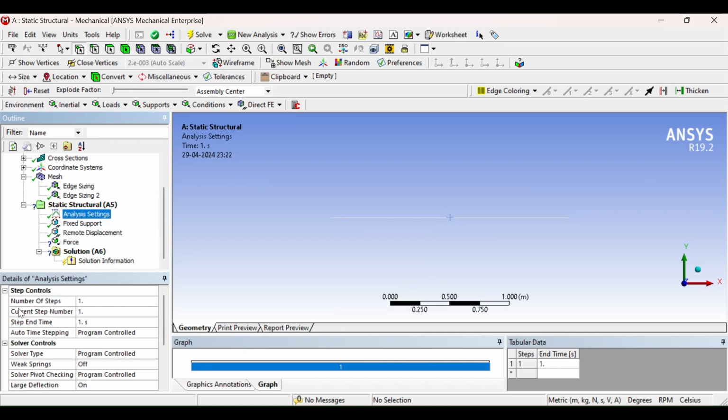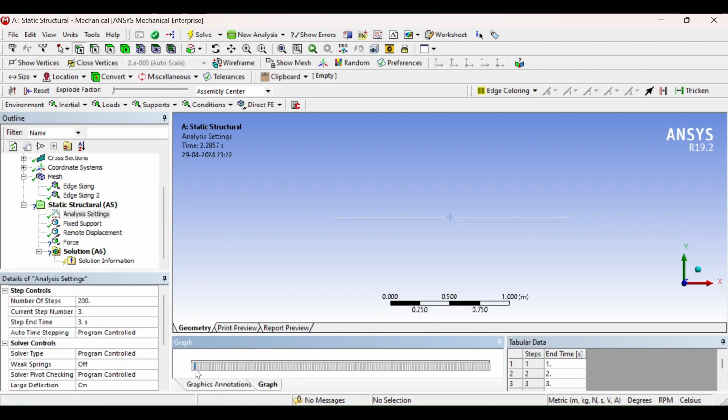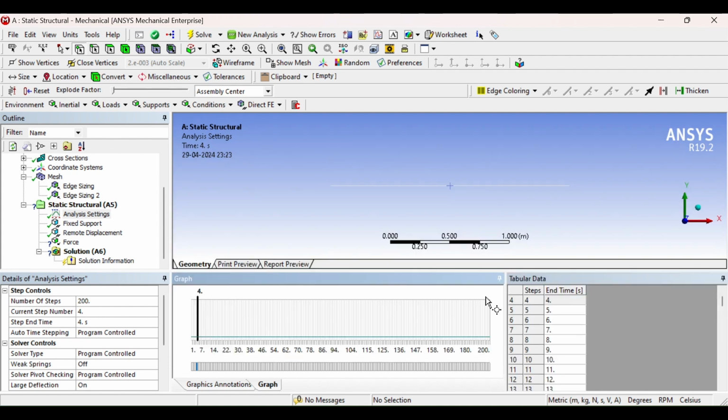So now in the analysis setting, here is number of steps. I'm going to use number of steps as 200. So 200 substeps here, sorry, 200 steps are being created. So select all steps,